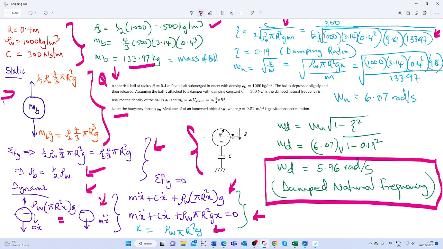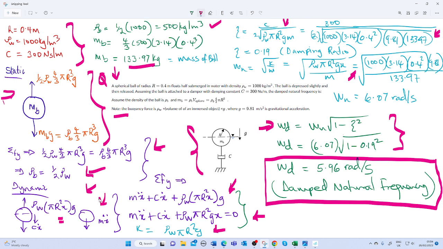And also we can calculate the natural frequency, Wn, which is the square root of K over M. Don't let us forget our K equals rho w pi r squared g. So by slotting all the values into this equation, we have our natural frequency to be 6.07 radian per second. Now by slotting our values, the damping ratio and the natural frequency, into this particular equation,